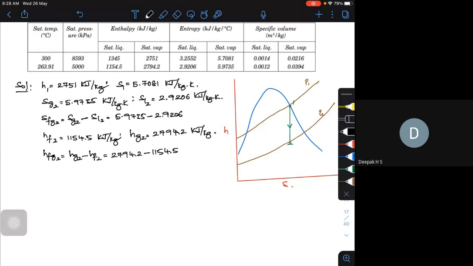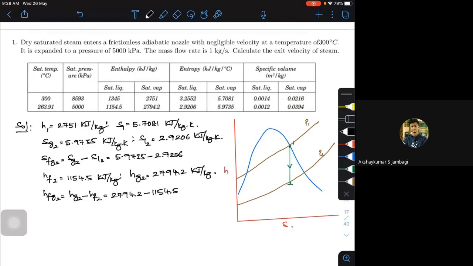Sir, how can you confirm the first row and second row are for gas or liquid? No, this is given in the problem. It's steam. See, this is saturated vapor, saturated liquid. It is clearly given in the steam tables: entropy and specific values for saturated liquid and saturated vapor. That is along the blue line I have shown.